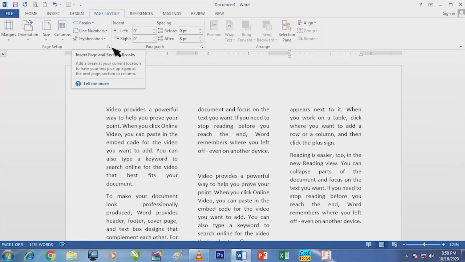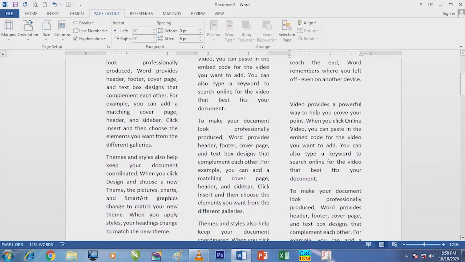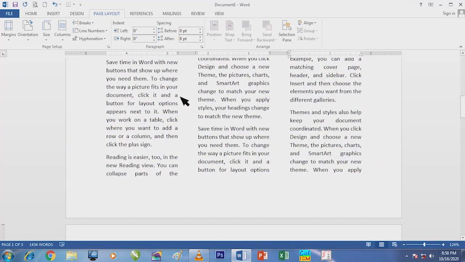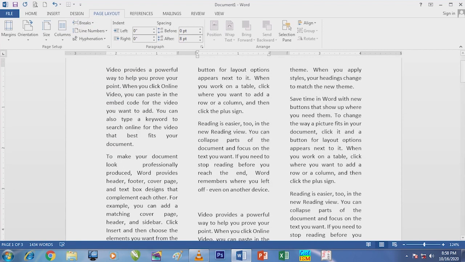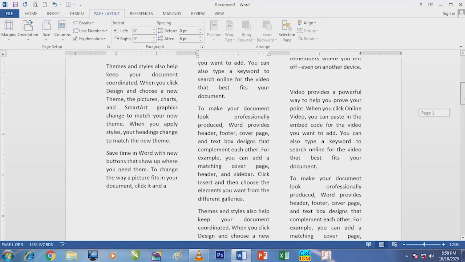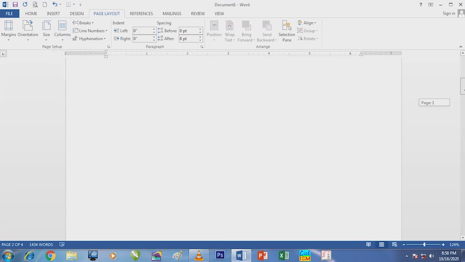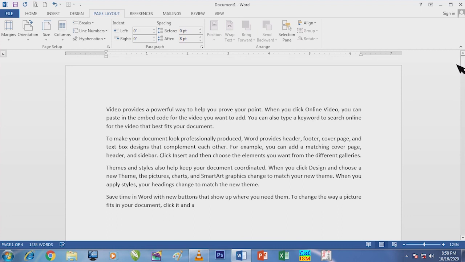And here I can also break this column. I click in a place from where I want a break. Suppose from here I want a break. I go and click there, then go and click this break and click on this column. Automatically that goes to the next column. If I don't want, I go back and click on one column. It comes back to one column.